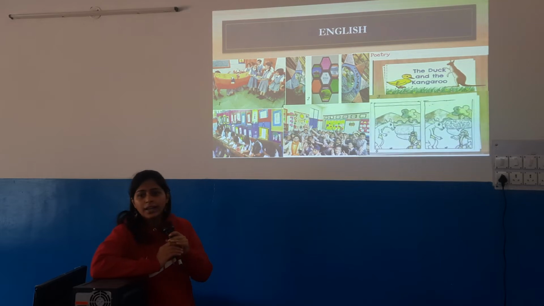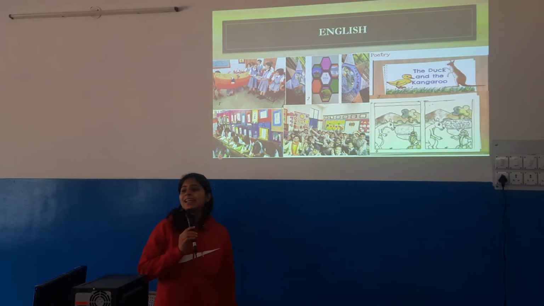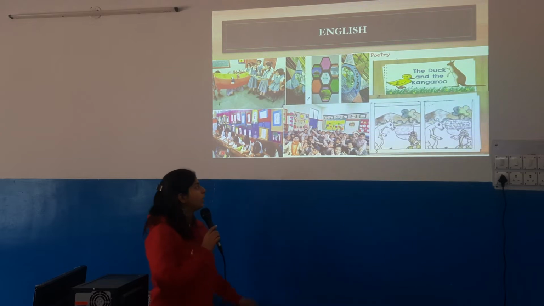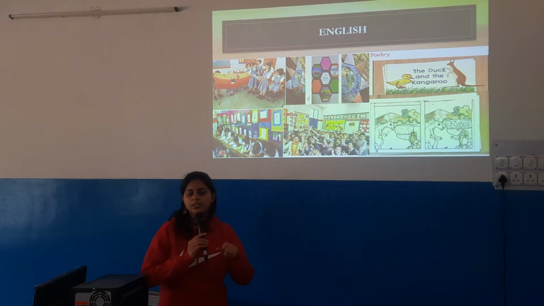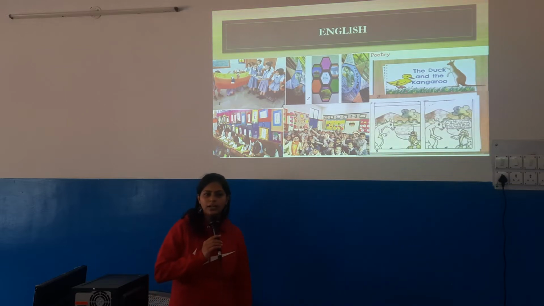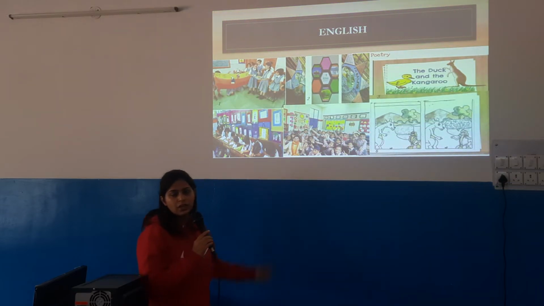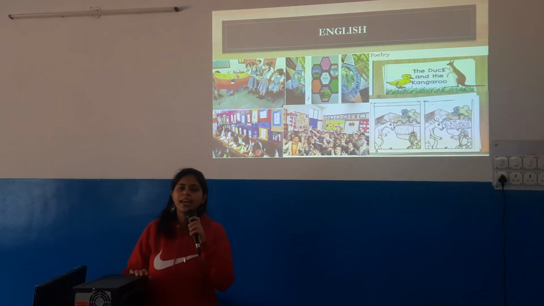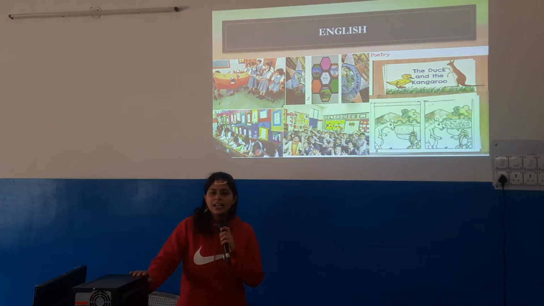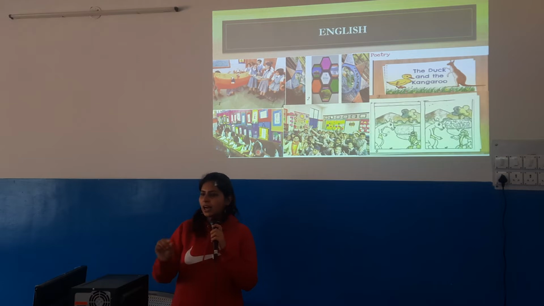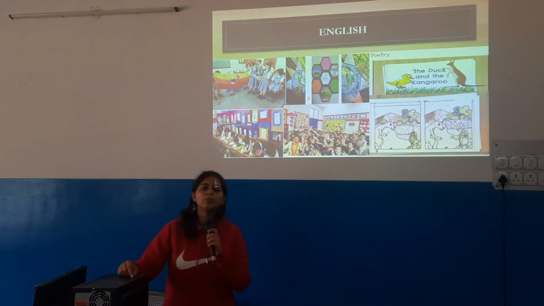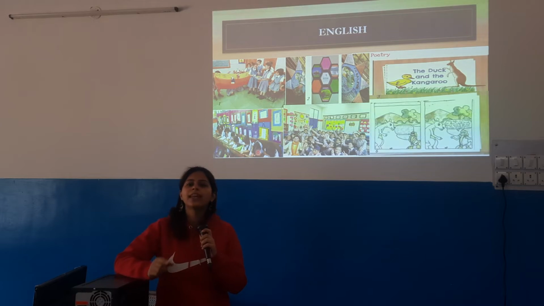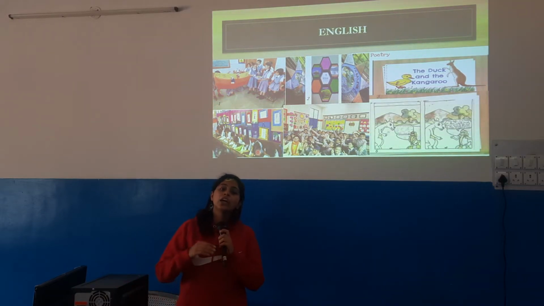Fourth, here is a practice which is done in government schools of Delhi. A similar picture is being presented by me in the next slide also under Hindi, so I will talk about this here only. The fourth slide says story wall. What is this? Every day the class starts with an English chapter and the children are given 10 minutes to prepare a storyline. The teacher takes a paragraph or sentence from the chapter and asks them to expand it or take it to the next level by imagining their own story.